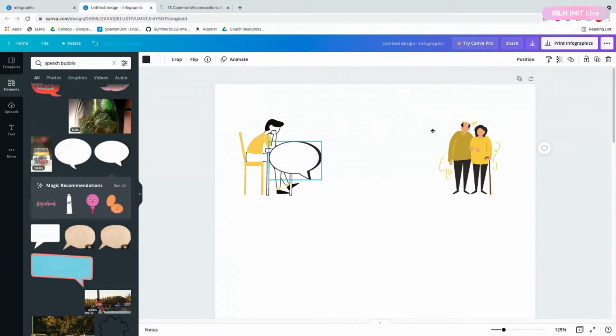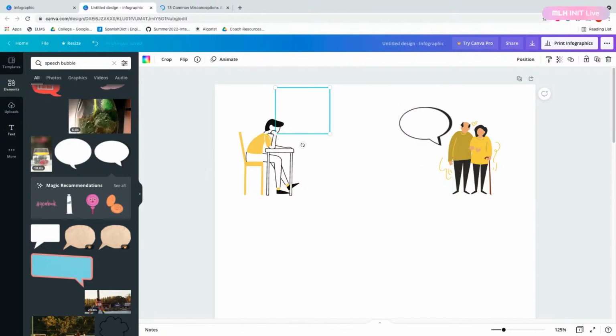I honestly don't know if I would use Canva again. This is going pretty slow. I don't know if it's my internet or maybe it's because I'm also streaming at the same time. That's probably using most of my internet right now, if I had to guess. All right, now I'm going to insert a text box.